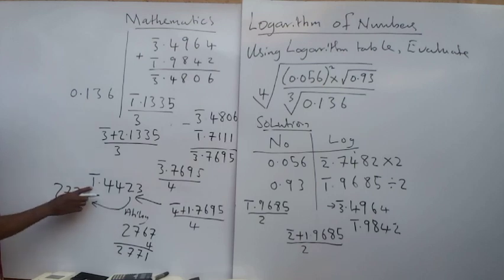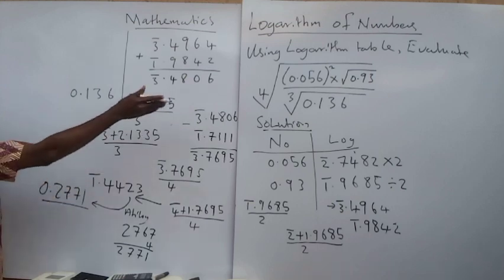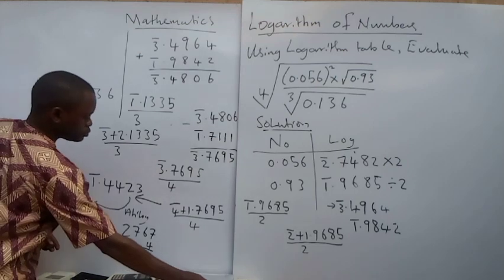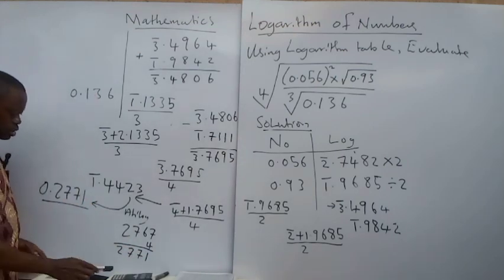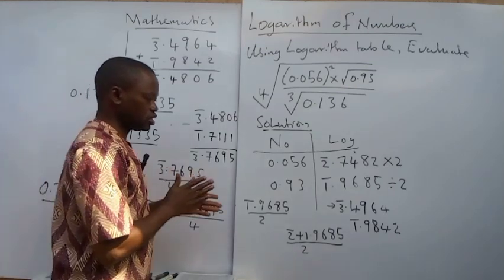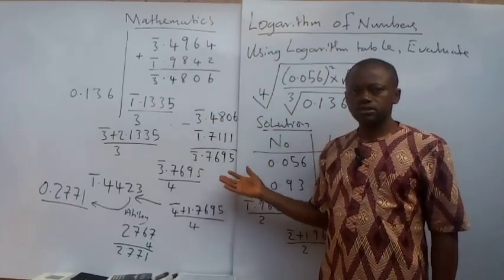Okay. Now, what is the implication of this bar 1? I explained it even in the last class. That bar 1, bar 2, bar 3, they simply say the number of the zeros before the first digit. So I will just add 0 point, and this is my answer. From this problem, this is the result I have obtained. So if you followed me in the simplification, I don't think you will have any challenge handling any problem of this nature.